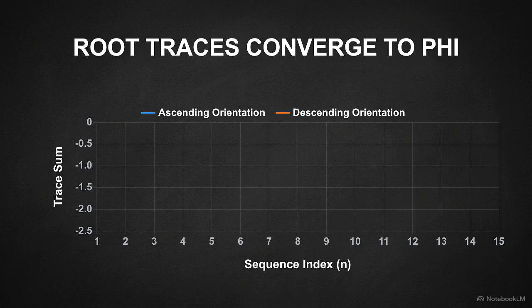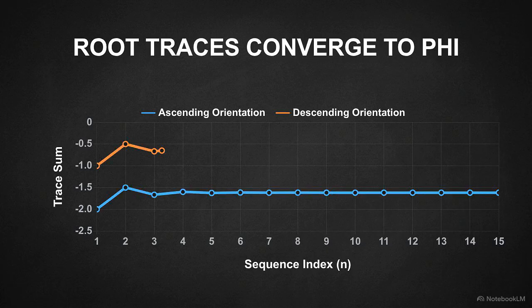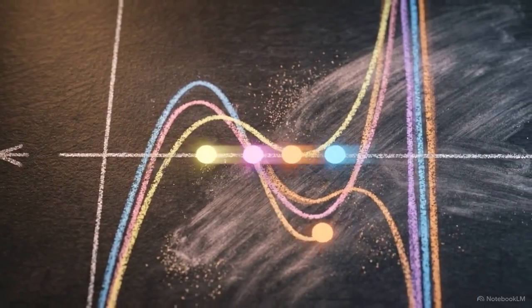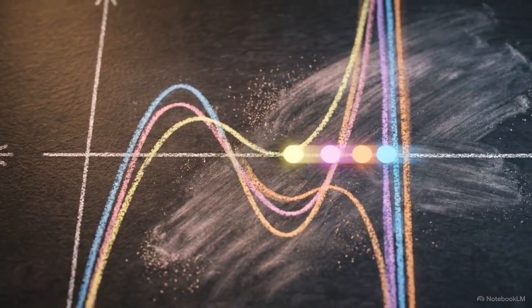In the ascending orientation, the trace sum of the roots asymptotes exactly to negative phi. In the descending orientation, the ratios invert and the sum asymptotes to negative 1 over phi. By injecting Fibonacci constraints into the system, the four roots of the quartic polynomial are anchored to the exact limit